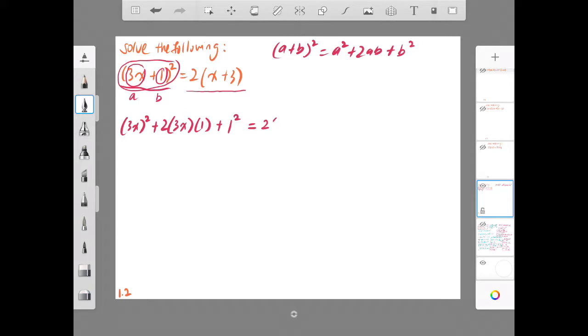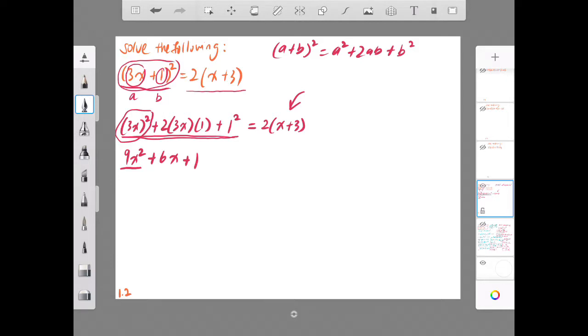equals to 2 open bracket x plus 3. Right, so the next step, I'm going to expand this out and combine this, to expand this as well, to write it in a more presentable manner. So 3x, the whole thing square, is actually 9x square. So please take note for this, many students actually just write 3x square. So they only square the x, but they did not square the 3. So please make sure that you actually do square the 3 as well, and that will give you 9x square, right? Plus 6x, because 2 times 3x is 6x, and times 1 is still 6x, and then plus 1 square is 1,